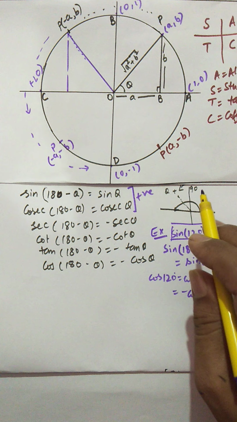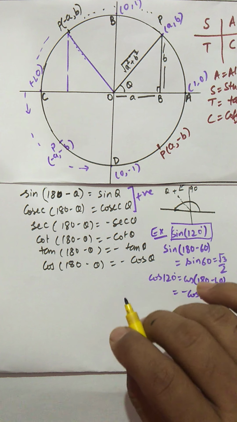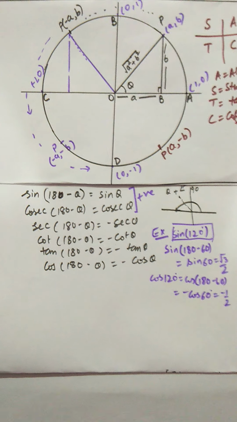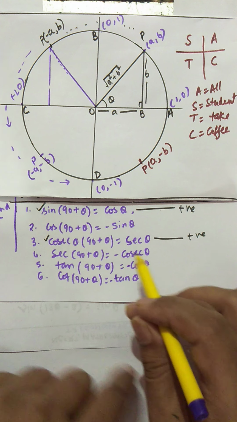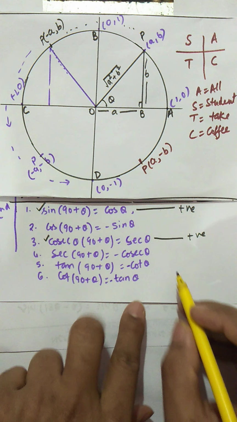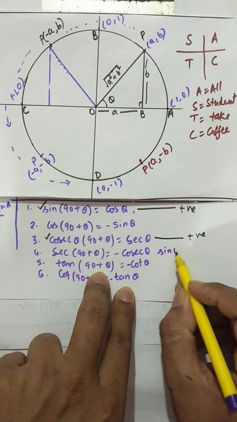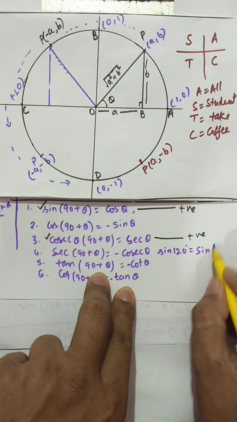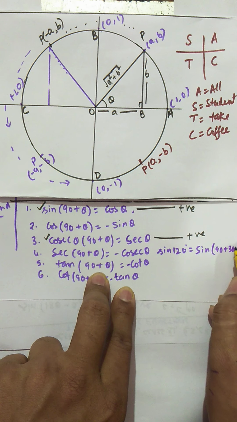90 plus 30 degree, then we have to use our previous one. So I'm just going back to that previous paper. Now this is my second quadrant again, but this time I've done 90 plus theta. So if I want to find the value of sine 120 degree, I'll write it this time as sine 90 plus 30 degree.